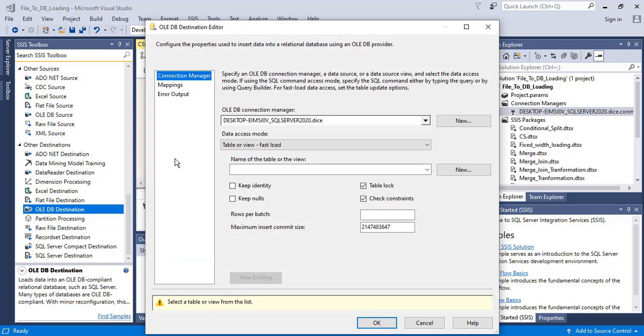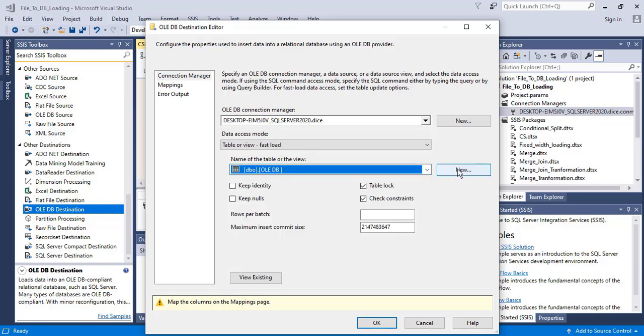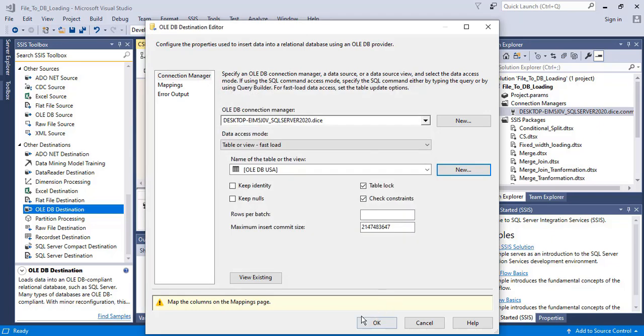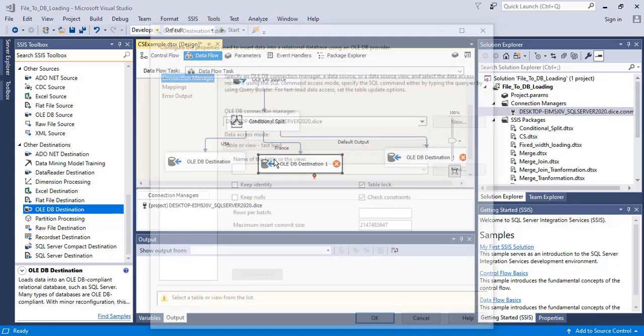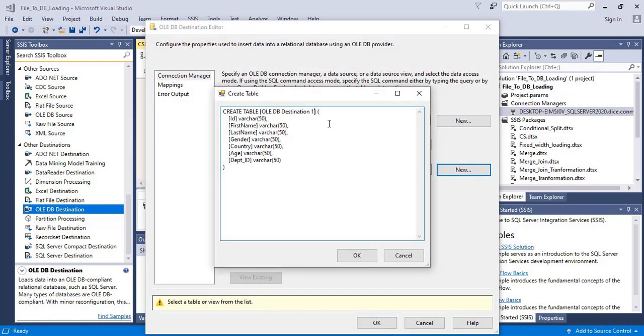Now let me configure this. I don't need to create a new connection, it is already there. For the table name, I'm going to create a new table. The table will be USA. Mappings, fine. For the second one, I'm going to create a new one, France.